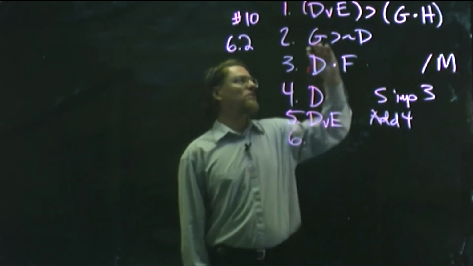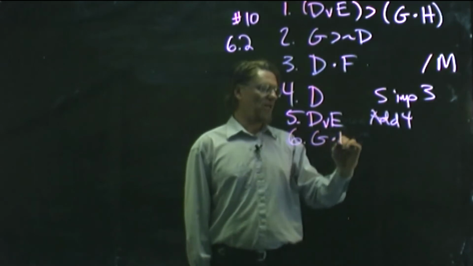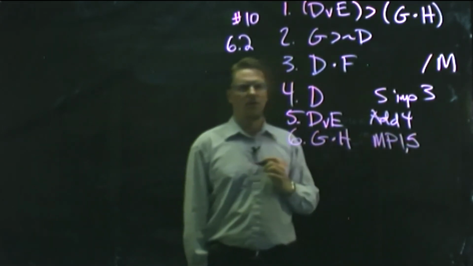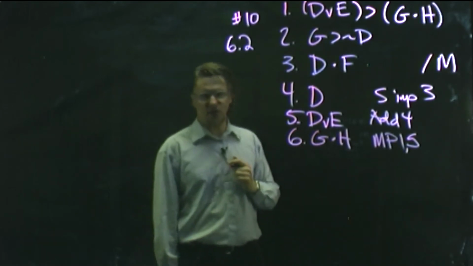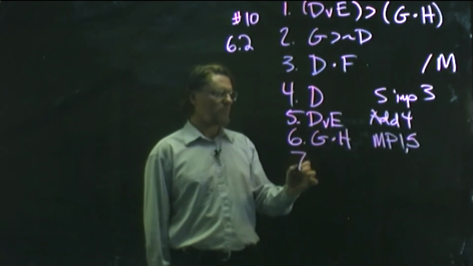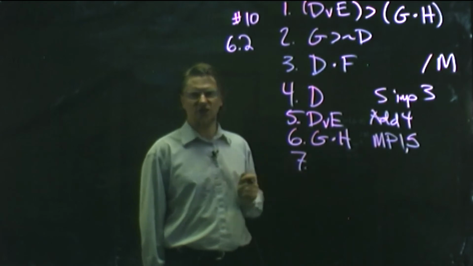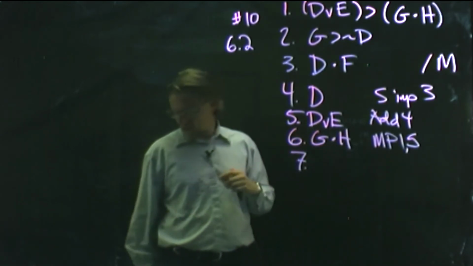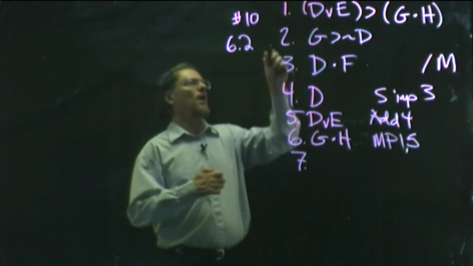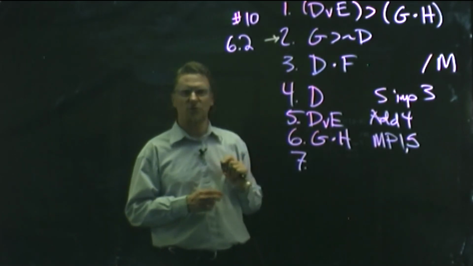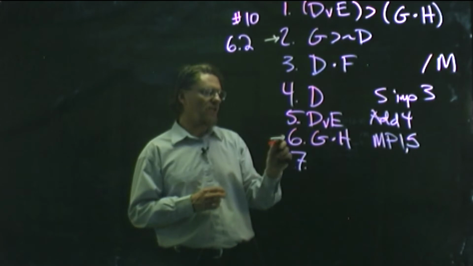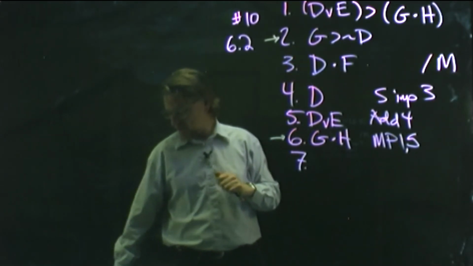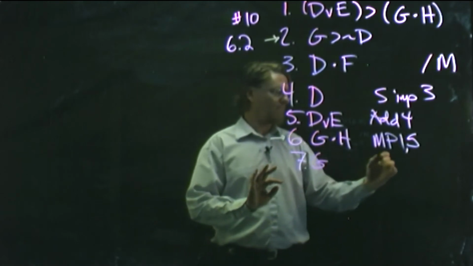So modus ponens then gives us G dot H with 1 and 5, right? G dot H, 1 and 5. Got G dot H there. That's good news, right? Because the main operator is the dot. We also want to pay attention to the fact that line 2 has not been used yet, right? So we want to keep that one in mind. And of course, line 2 and line 6 share a G in common, and so perhaps it would be a good idea